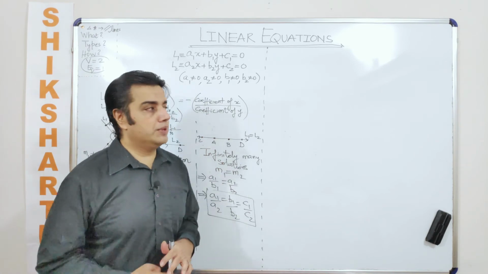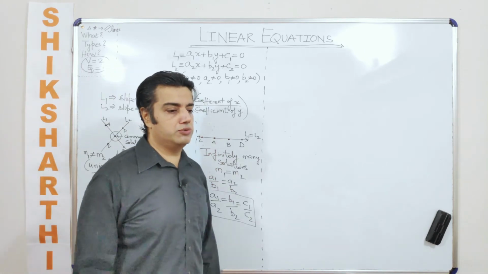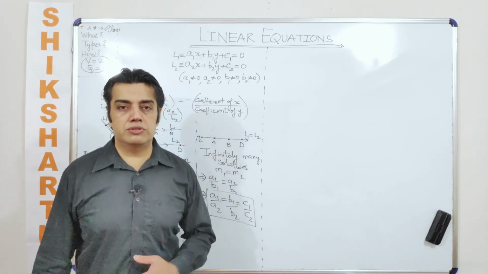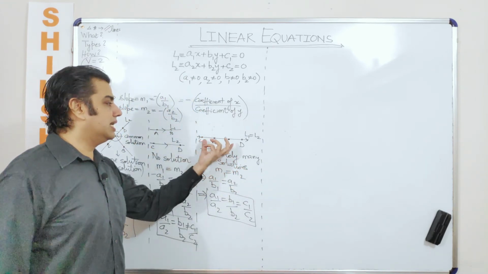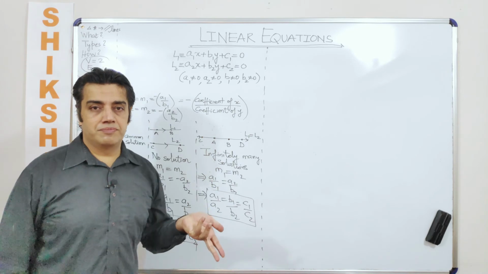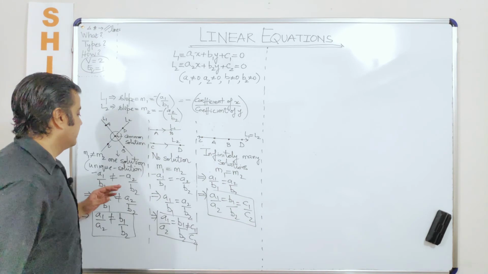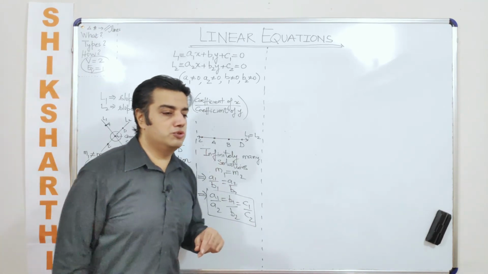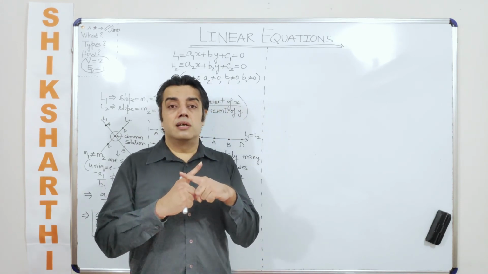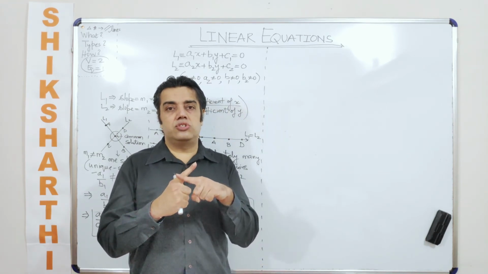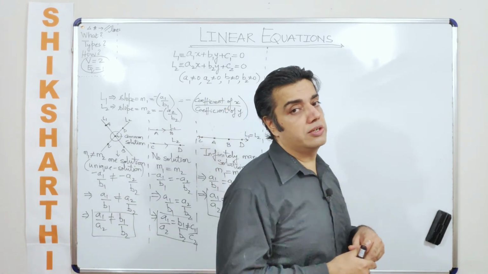So even if you get a graphical question saying that these are two lines which are parallel to each other, will they have a common solution? The answer is no. And why is the answer no? Because the lines are not intersecting with each other. Here, why are we having infinitely many? Because there are so many line segments that I can draw on the same line, right? Which is why we say infinitely many solutions, given that the slopes are equal. But you will always get one common solution, or a unique solution, for a pair of lines only when they intersect with each other, and they will intersect with each other only when their slopes are not equal.